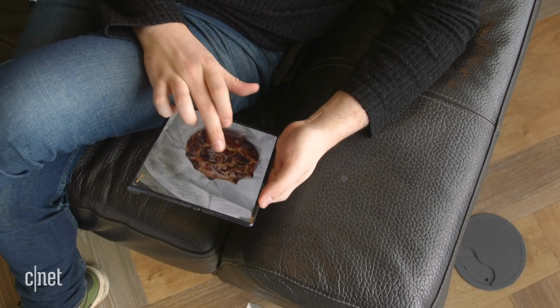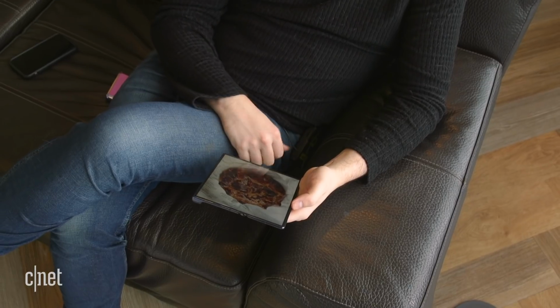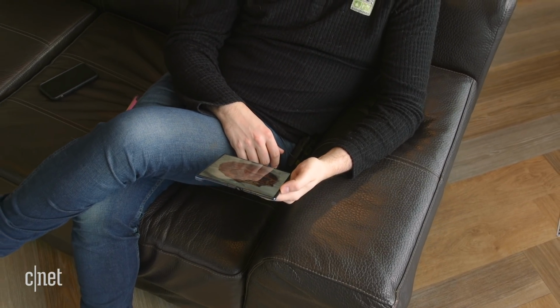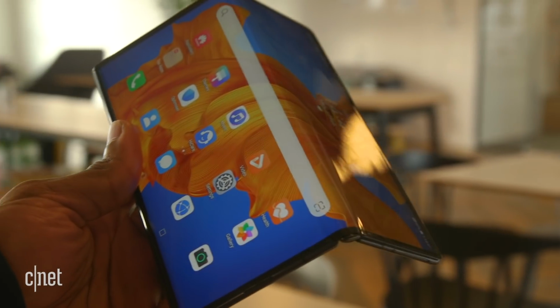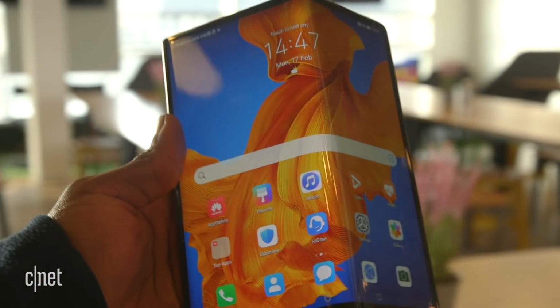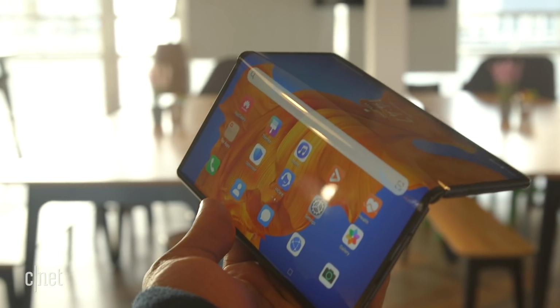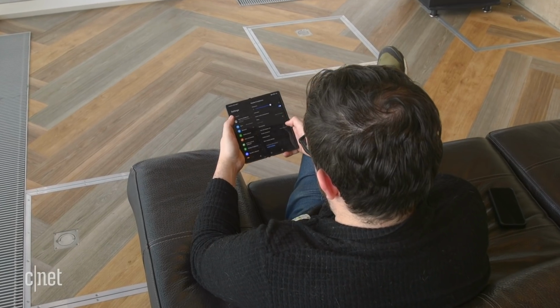which of course does bring me on to the actual price of this thing, and that's where things get a little bit more interesting, because unlike the Mate X, the Mate XS is going to go on sale outside of China, including here in the UK. It means it's actually going to be one of the phones that you can go and buy. Now, Huawei hasn't said exactly how much this is going to be yet, but it did say to me that it's going to be roughly what they expected the previous Mate X to be. So in the UK, it's going to be somewhere around £2,200,